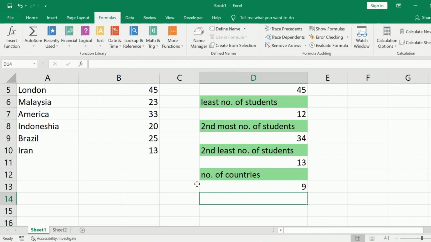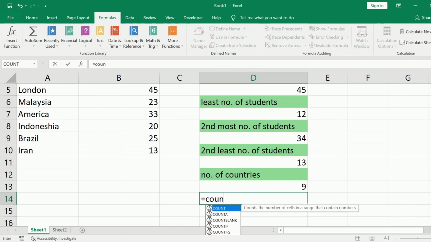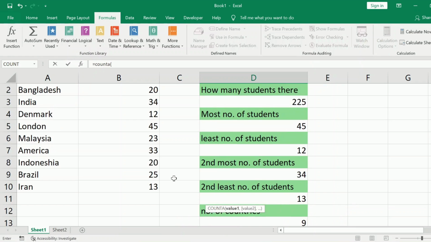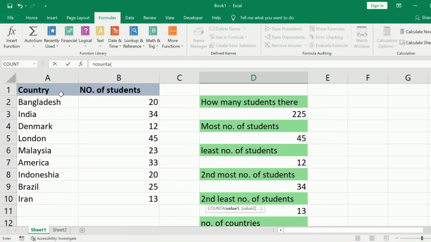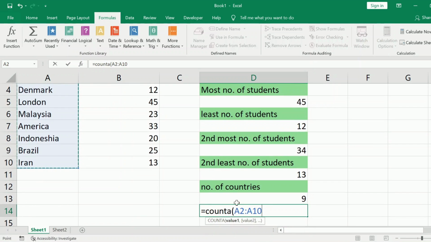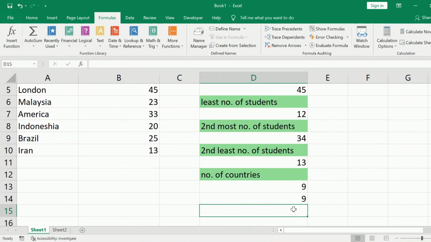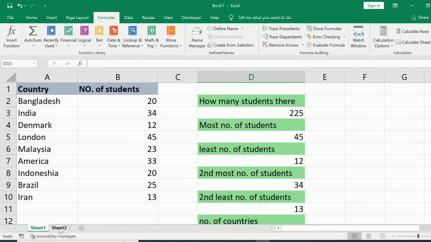To count it, which function do I have to use? I have to use another function which is called counta. It is equal to counta, then I will select the cells which I want to select and then close the parenthesis, hit on the enter button. It shows me 9. There are 9 countries. Now if we go to sheet 2,